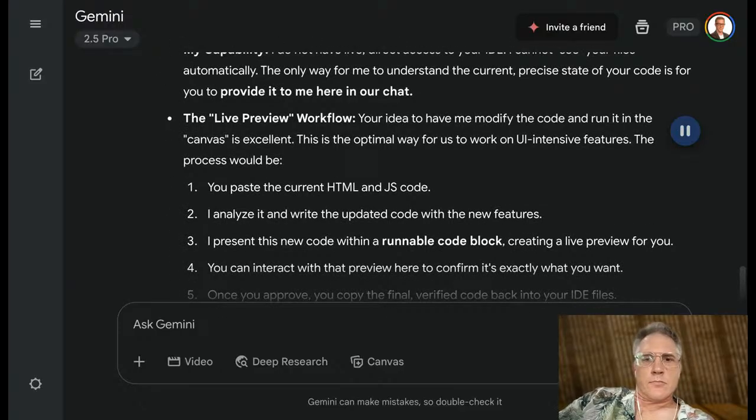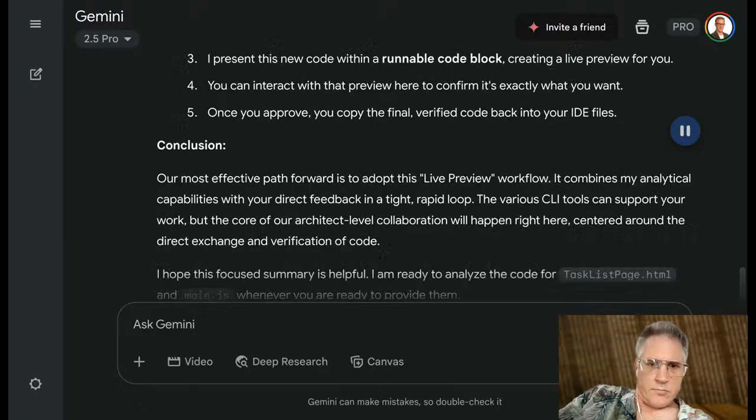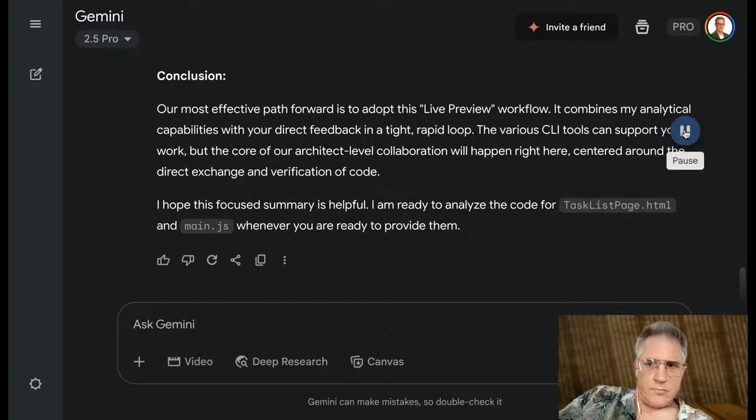The live preview workflow, your idea to have me modify the code and run it in the canvas, is excellent. This is the optimal way for us to work on UI-intensive features. The process would be: 1. You paste the current HTML and JS code. 2. I analyze it and write the updated code with the new features. 3. I present this new code within a runnable code block, creating a live preview for you. 4. You can interact with that preview here to confirm it's exactly what you want. 5. Once you approve, you copy the final, verified code back into your